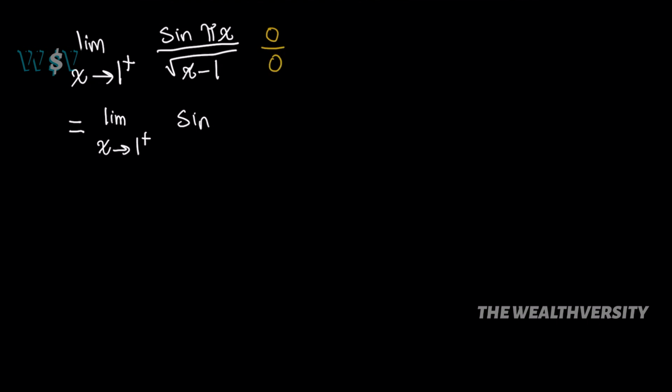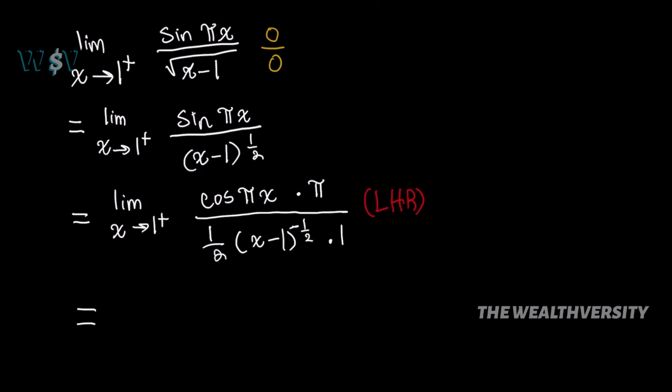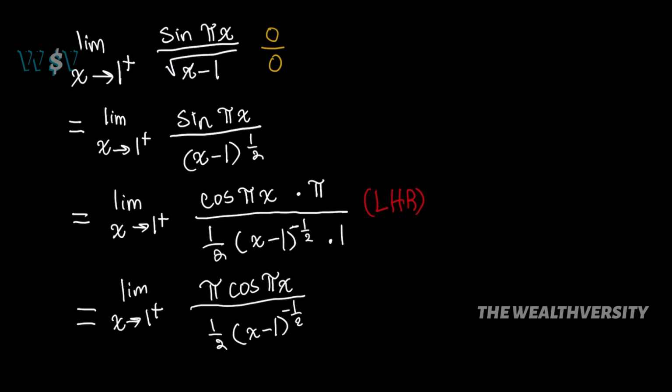First, convert the square root of x minus 1 to x minus 1 to the power of half. Now we can differentiate and we get cos pi x times pi divided by 1 over 2 times x minus 1 to the power of negative half times 1. We simplify to get the limit as x approaches 1 from the right side of pi times cos pi x divided by 1 over 2 times x minus 1 to the power of negative half,